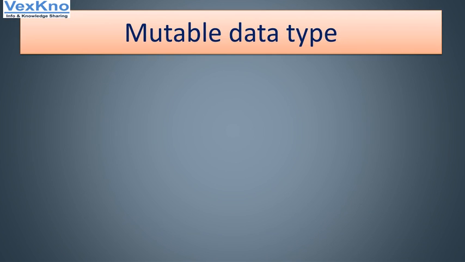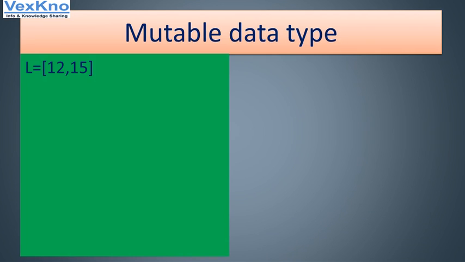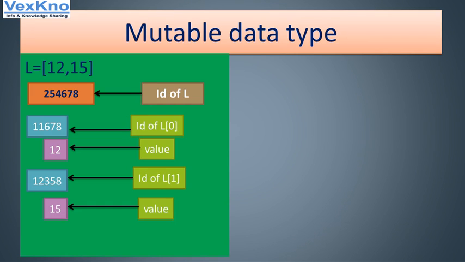In case of mutable, where the value can be changed, like in case of your list. A list is different from your normal integer in the sense that it is a collection of variables of one or maybe different kinds of data types enclosed in square brackets. Right now the list has two integers as its elements. So there are two kinds of address. One, you can say the entire address overall. The list has its own address, that is ID of L, which is 254678.